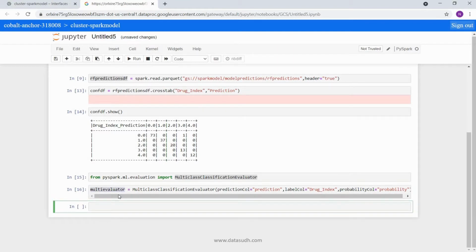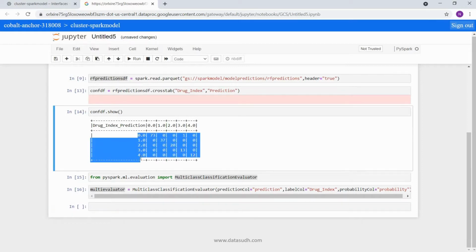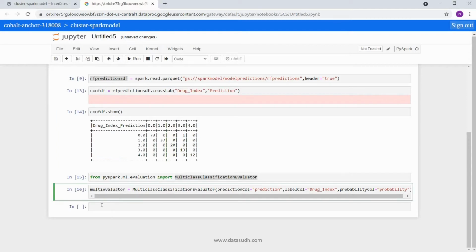Now we just need to go ahead and calculate. We have in total 5 classes and we need to calculate these metrics for each class. So I'm going to put these classes into a list, drug classes, and that will be 0.0, 1.0, 2.0, 3.0, 4.0.